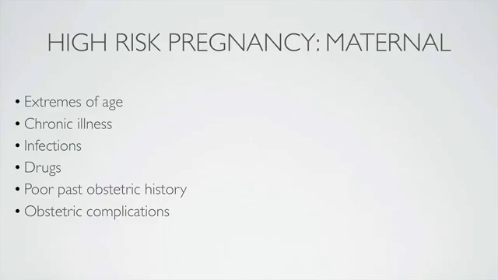high-risk pregnancy. A mother on regular medication, for example phenytoin for epilepsy, this disrupts vitamin K metabolism and can affect the fetus, putting them at risk of bleeding after birth. Warfarin is contraindicated in pregnancy, but some people may take it when they don't know they're pregnant, and this will put the fetus at risk. And things that people may not ordinarily think of as a drug, like alcohol, puts the fetus at risk of fetal alcohol syndrome. Poor past obstetric history gives you a high-risk pregnancy, so if the mother has had multiple miscarriages